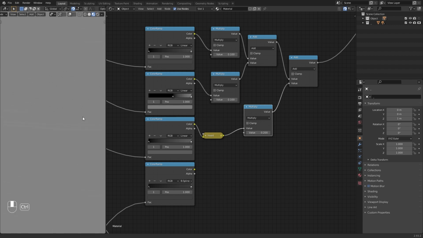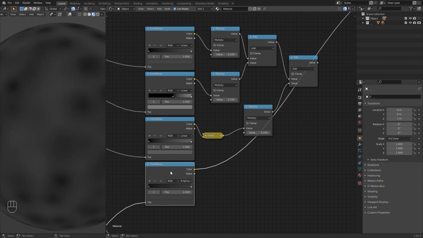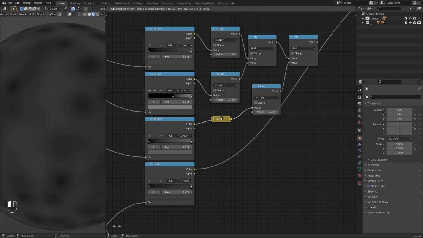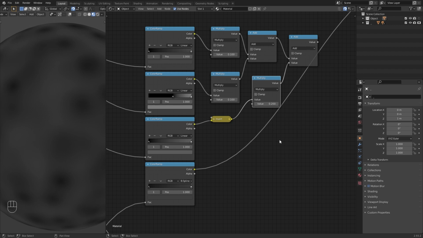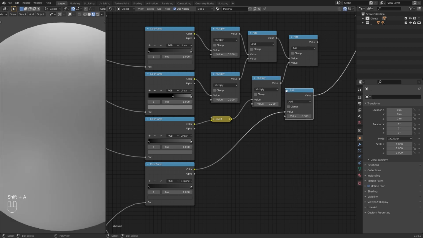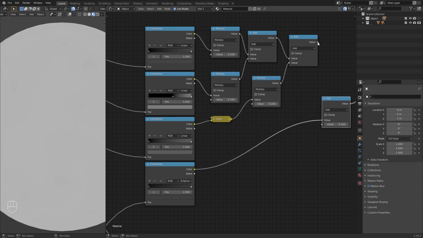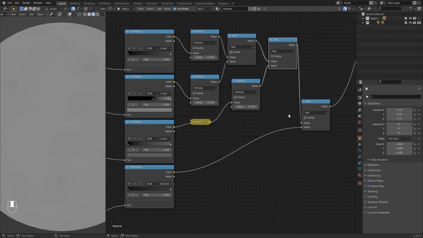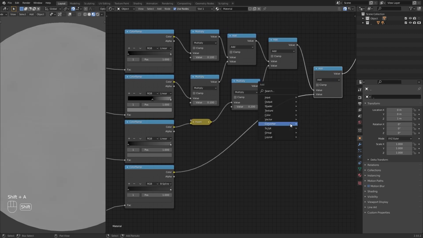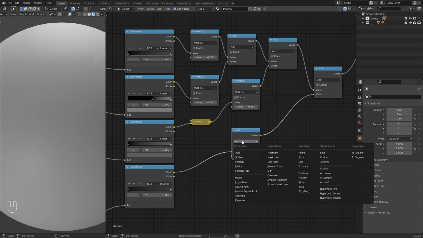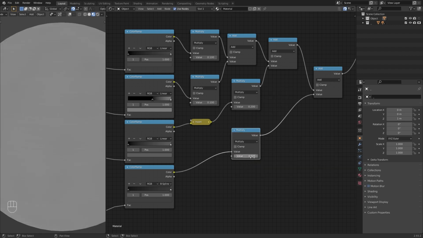Now set the node preview to the fourth color ramp. After setting the node preview to this, now add a math node to this preview connection and connect the above node to this math node. Then add a math node to this last color ramp connection and change this to a multiply function. Leave the value of it unchanged. We have now generated the bump map of our clay material.